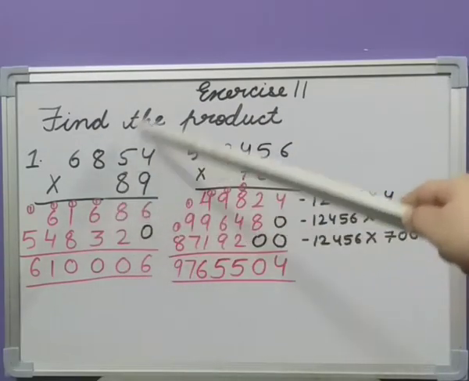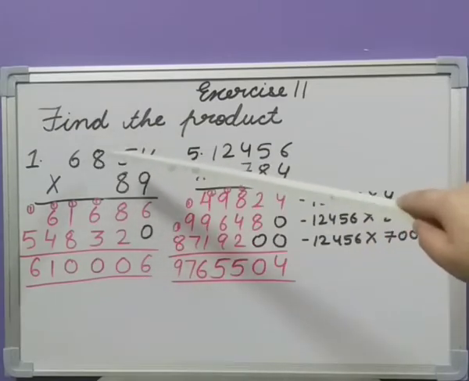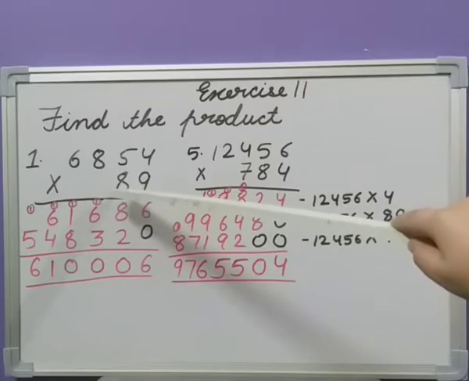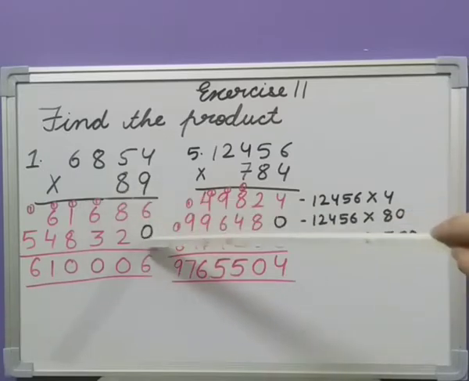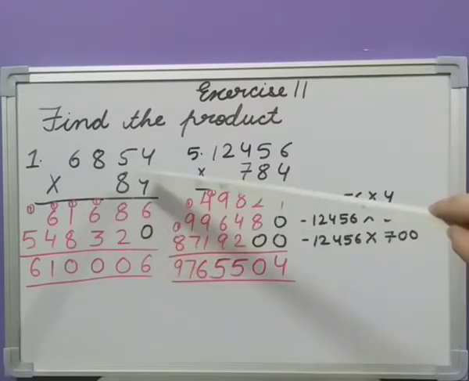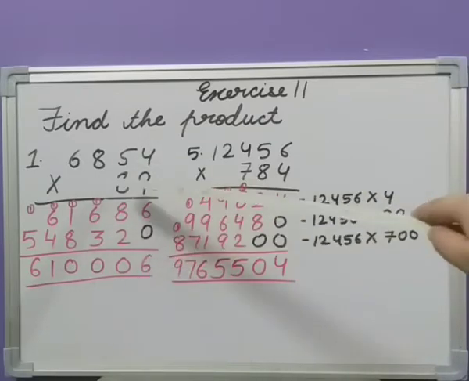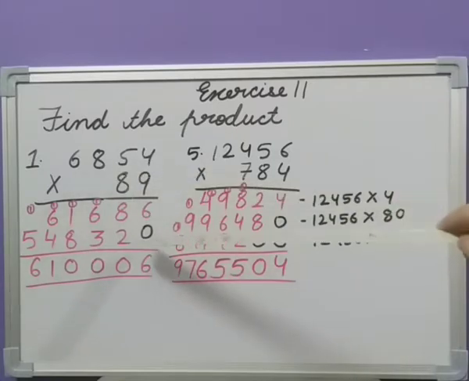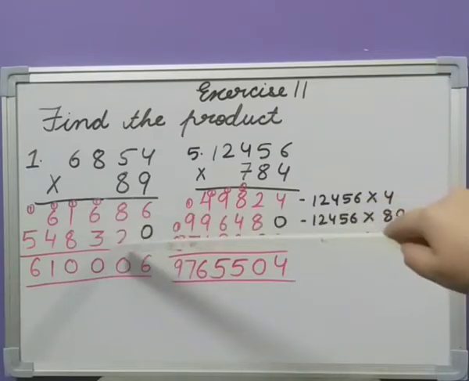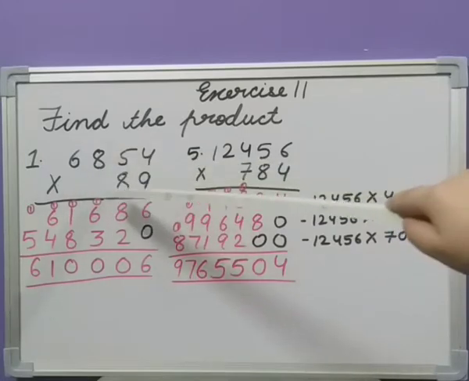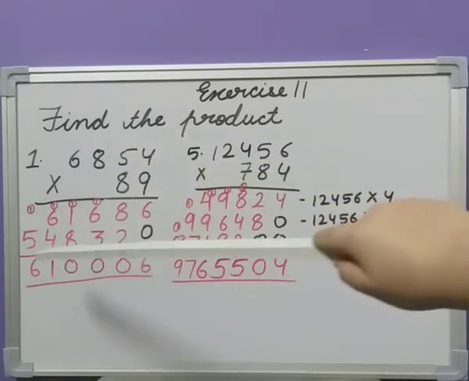Now we'll move on to the next step, that is 6854 multiplied by this number. So this number is 80 according to the place value. So we are going to multiply it by 80. We'll put 0 here. Why we'll put 0 here? Because we have multiplied this ones place. Now we are going to multiply this tens place number. So we'll put 0 at ones place, as we are going to shift to the tens place. So after multiplying 6854 by 80, we got